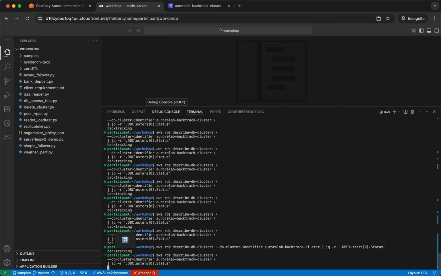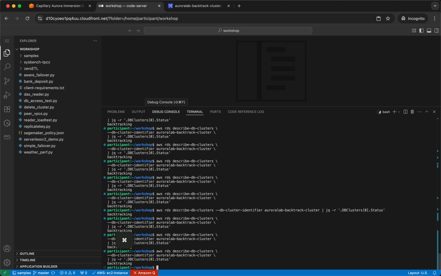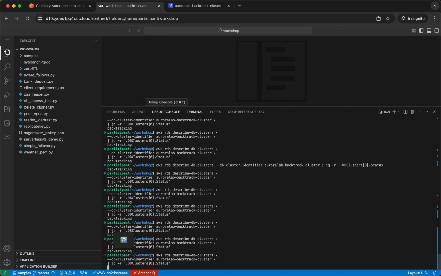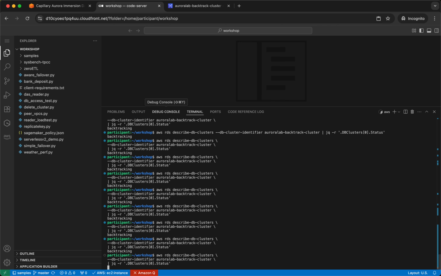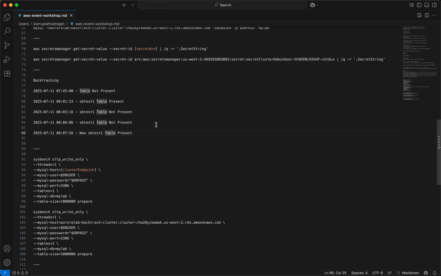Interesting how this is still backtracking. I'm gonna wait for some time. Hopefully this gets over soon. Yeah, it's available now. Cool. So now let's connect to the cluster